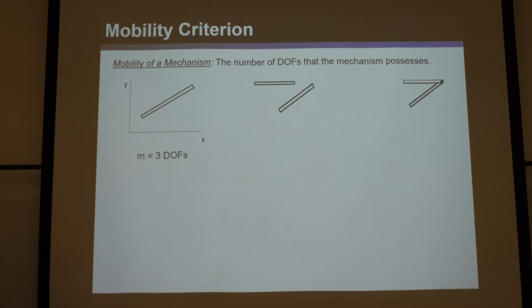Okay, so the mobility of a mechanism is the number of degrees of freedom that the mechanism possesses. Okay, and I'm going to give you an equation. It's called Kutzbach's equation. It's very, very famous for determining how many degrees of freedom a mechanism has. What its mobility is, how it can move. Okay, and I'm going to derive it for you here before giving it to you because it's actually pretty easy to derive. Okay, so this is going to be Kutzbach's 2-dimensional, or planar, equation,